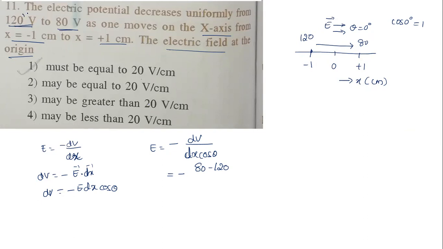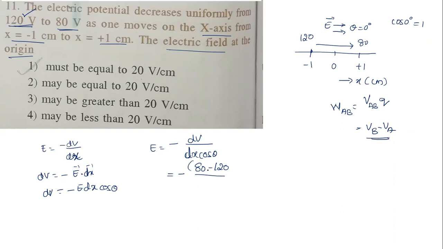By looking at this, you may feel that it is the higher potential, but you should look at from where to where we are moving, because in the derivation also, the work done to move a charge from A to B is equal to the potential difference between A and B multiplied by charge, so this will be VB minus VA. That you need to remember.